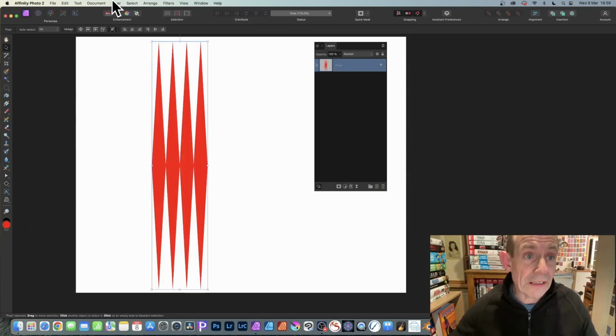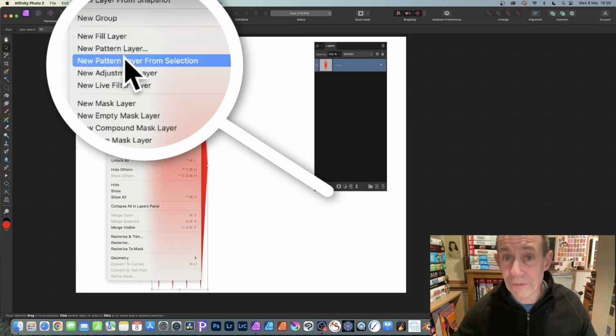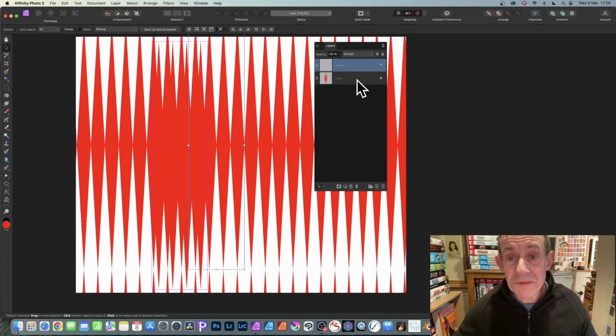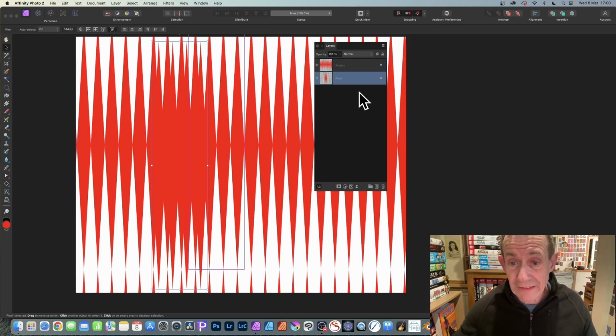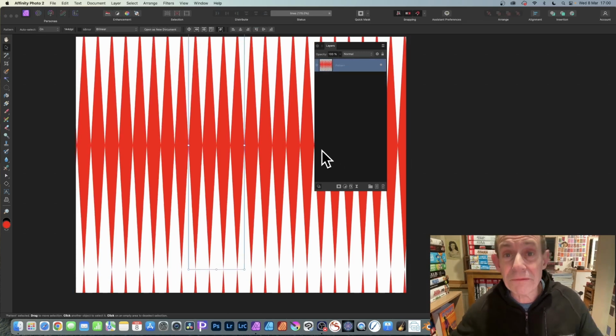You can then go over here, Layer and New Pattern Layer from Selection. And you can see the design. Now I would suggest get rid of the old one. Just select that and delete it. Because if you don't, you'll end up selecting that one and working and changing things before you realise you're not